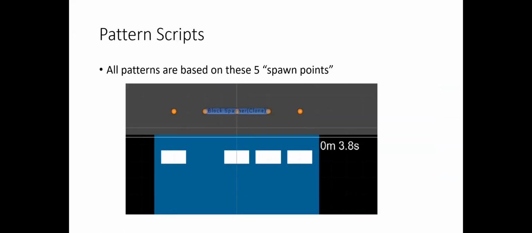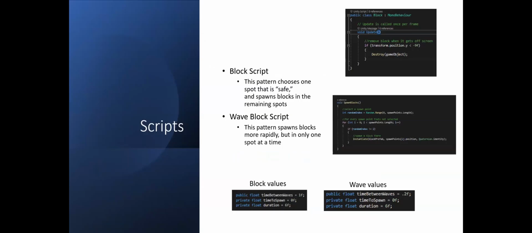All of my attack patterns, whether it's the blocks or shooters, are based off these 5 orange spawn points that are located up and above, off screen. And so things basically come from one of these orange spawn points. So most of my code is based off that. So for the first 2 scripts, which involve blocks,